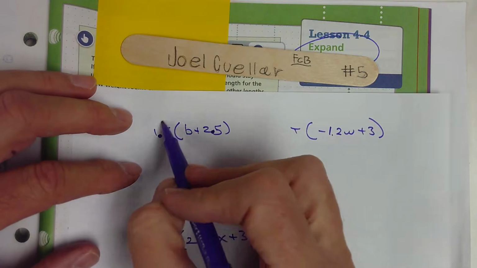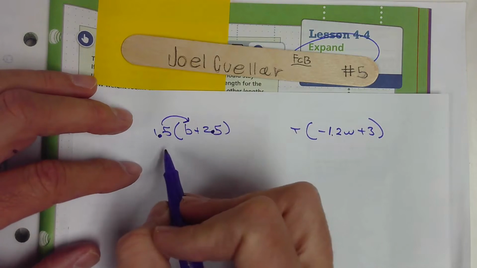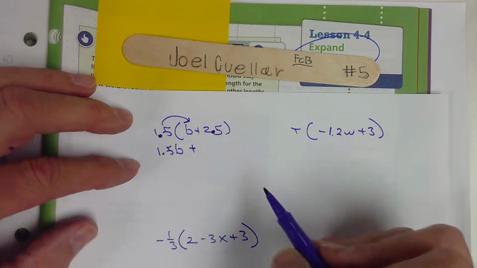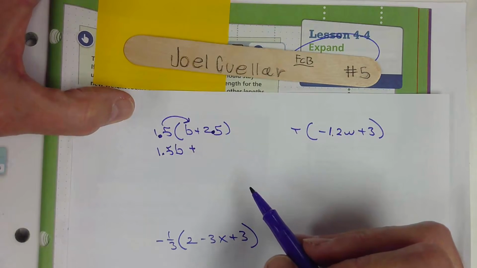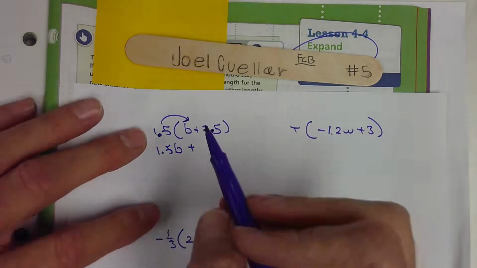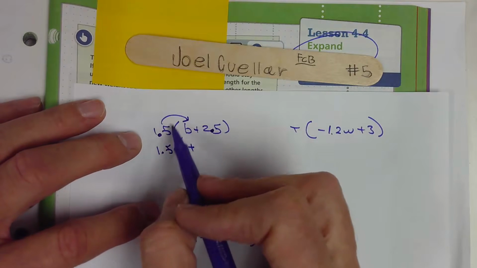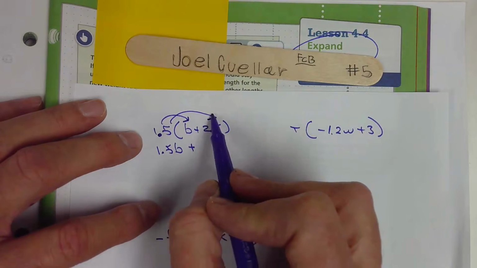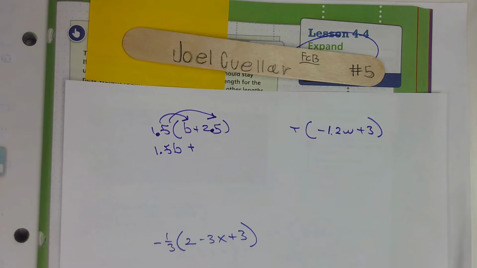Yeah. So you got the first part, right? I'm going to rewrite this as 1.5b plus, then what am I doing? 2.5b? Well, when you have a number outside what's in parentheses, you always multiply it by what's inside and everything that's